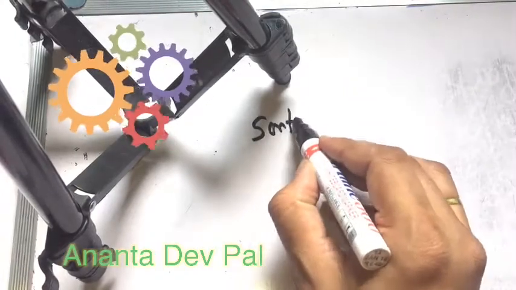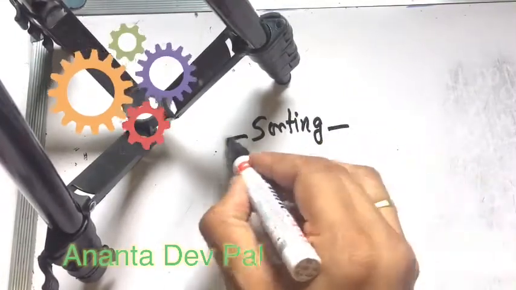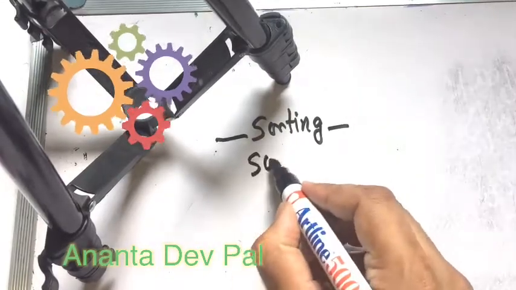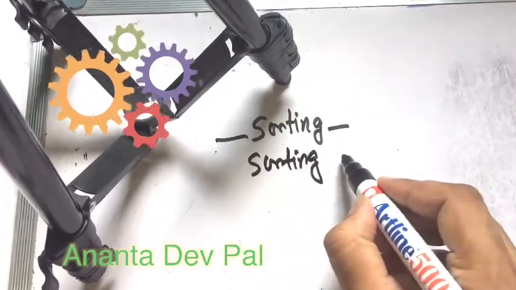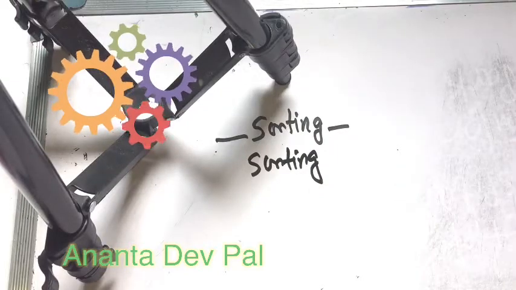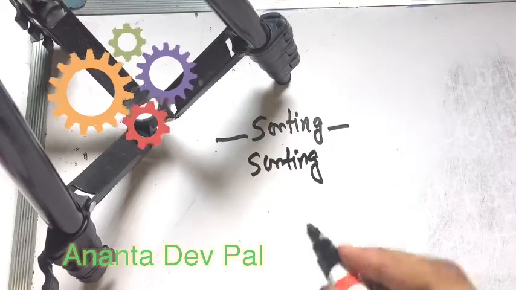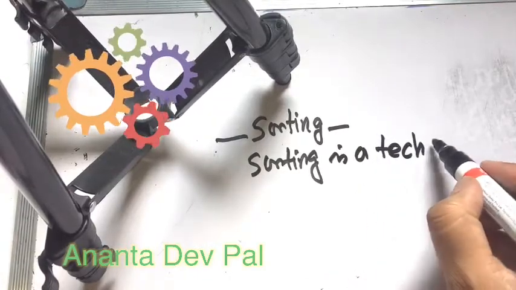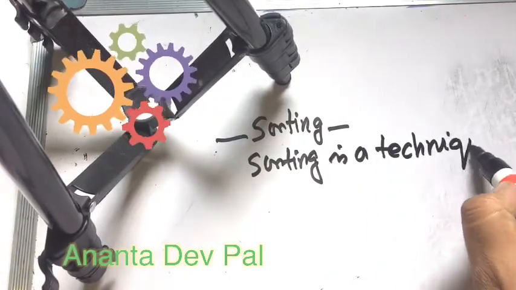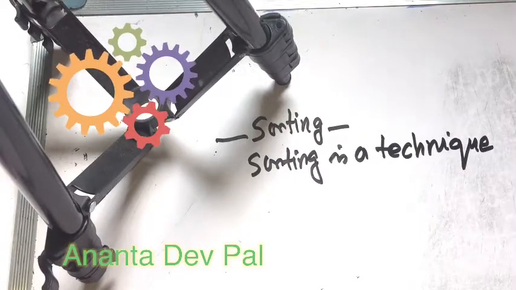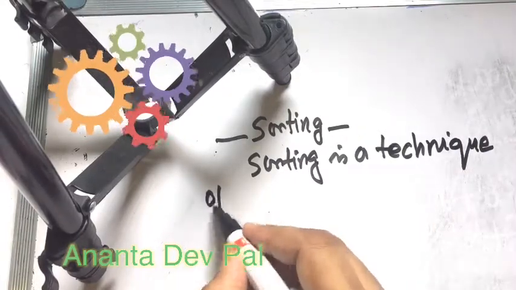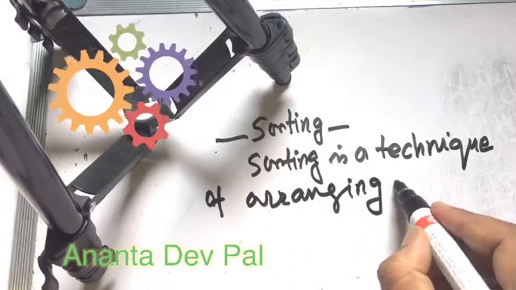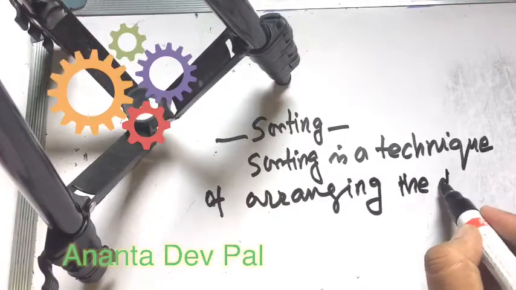What is sorting? Sorting is a technique. Searching and sorting both are techniques. These are the operations of data structure. Sorting, searching. Sorting is the technique of arranging the data or element